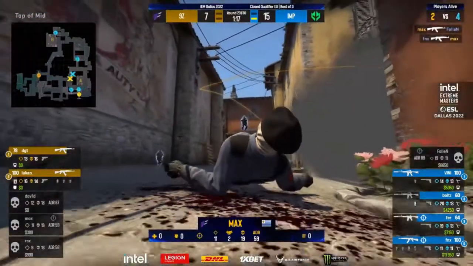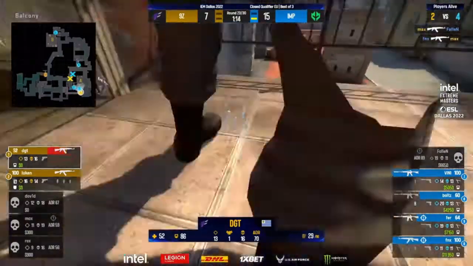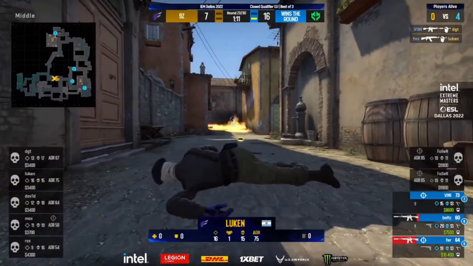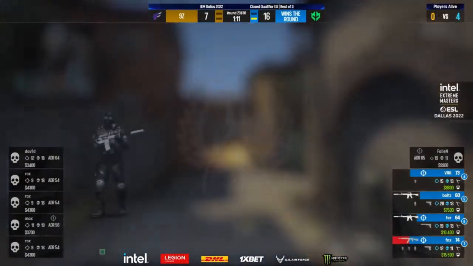Can he find 2? Not going to be the case when FNX gets him for the trade. Good enough for him to find one more. Vinny drops DGT, and it's all down to 1 man. One of which they aren't able to convert. Ladies and gentlemen, 16